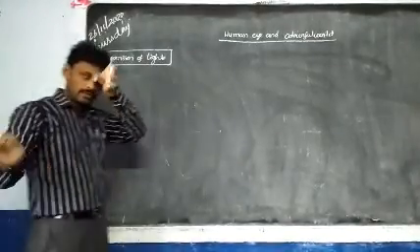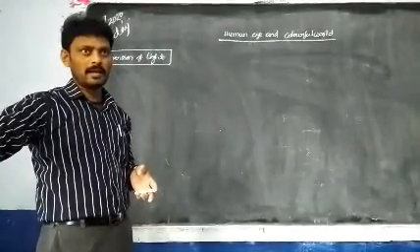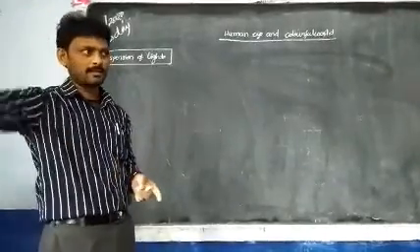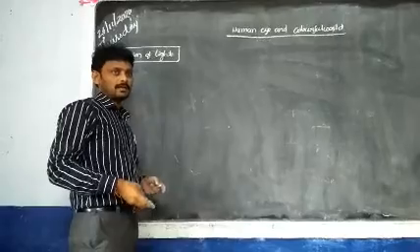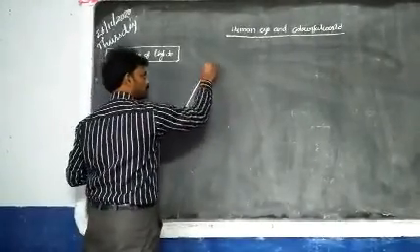I told you just now, when sunlight is coming and you keep your pen, a glass pen, automatically you observe something. What is that something? Vibgyor. So the same thing we can observe here. Consider a prism.